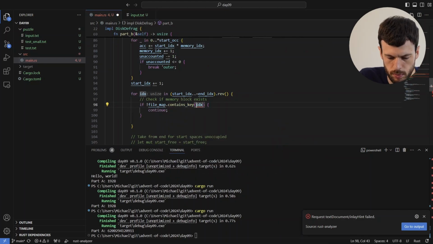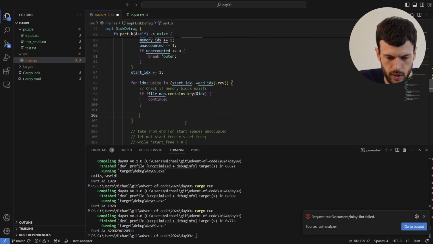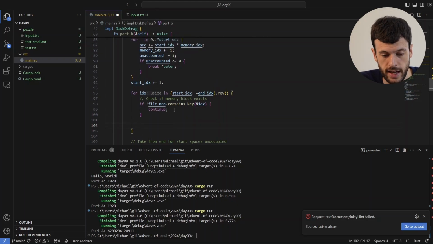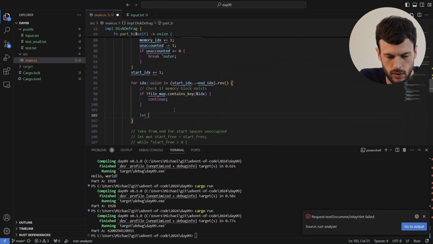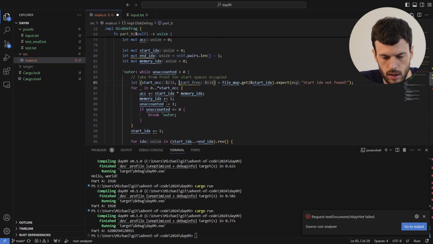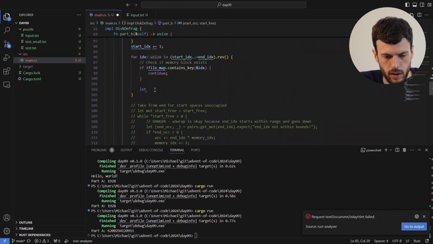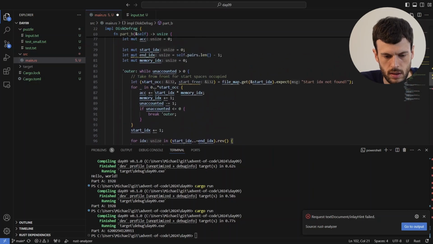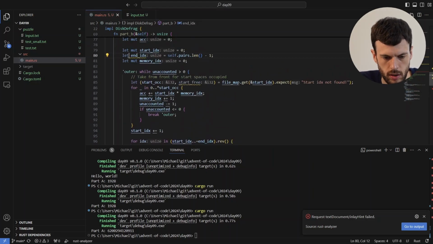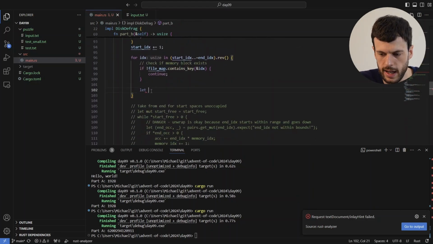And I think we may need to borrow this. Okay, great. If it doesn't have the key, we're going to continue checking. If it does contain the key, then we need to get the insides. So we will use this, so I'm not too worried about that. It's probably true that this isn't mutable though. Keep getting distracted. Right, let